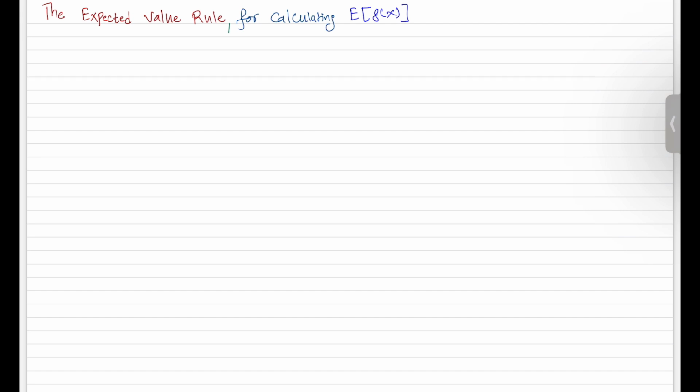Let's say you are doing some experiment and it will have outcomes, and let's say we have some random variable x. So the outcomes are getting mapped by this random variable x.